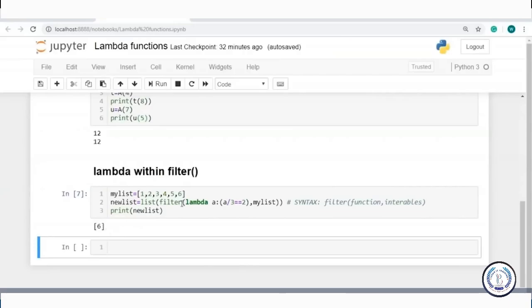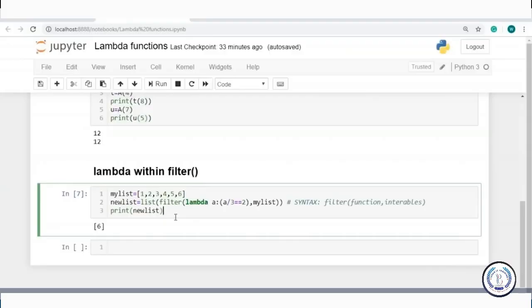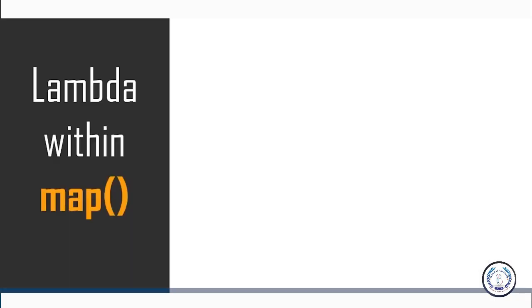If I divide 1 by 3, I will not get a result which is equal to 2. Similarly, if I divide 2 by 3, I'm not going to get the result as 2 again. Finally, as we all know, if I divide all these elements by 3, only for 6 I'll get the output as 2. So I hope everyone's clear with how to use the lambda function within the filter function. Now let's get back to our presentation and see how we can use the lambda function within the map